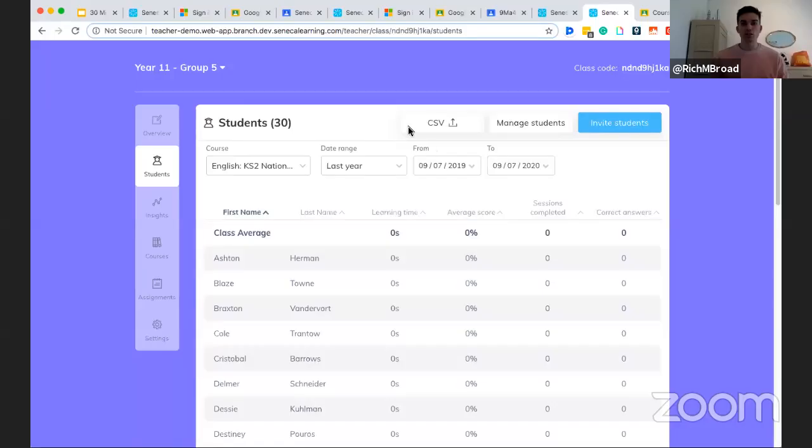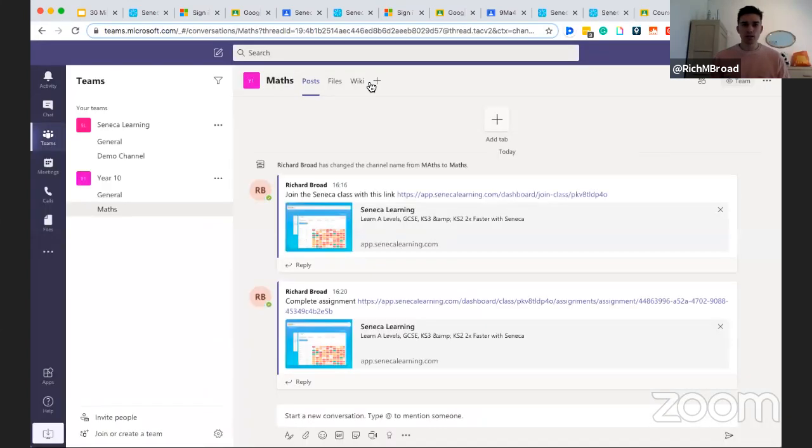Microsoft Teams and having Seneca as an extra tab on Microsoft Teams. This is something that's really interesting, really potentially useful to make sure that students are actually doing everything all in one place. So let me just show you how that works quickly. If I go into this,